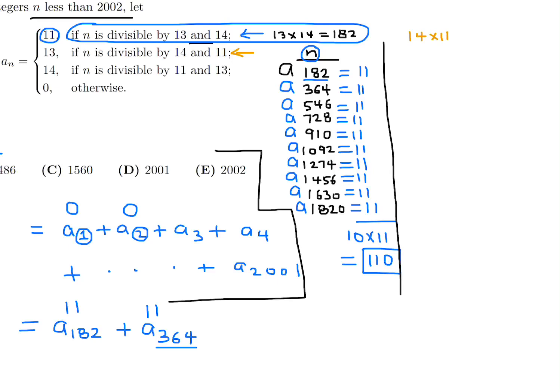And 14 times 11 is 154. All right, so all the multiples of 154 will satisfy that criteria. So we got 308. Just keep adding 154 to itself. 154 plus 154 plus 154, and so on. 616,